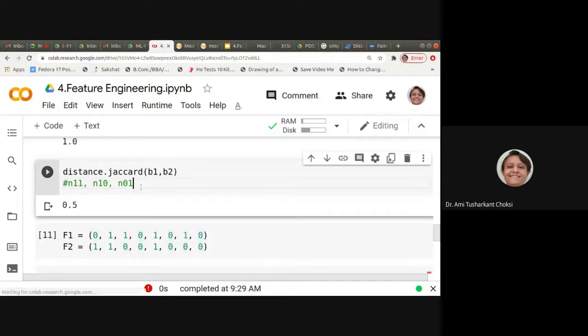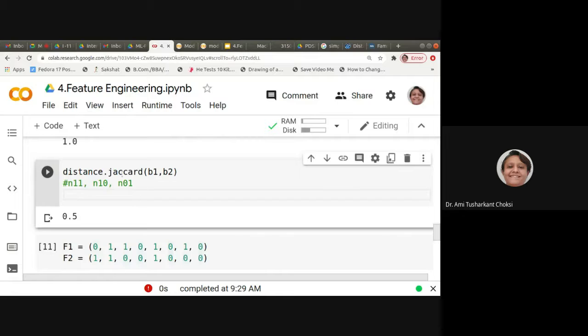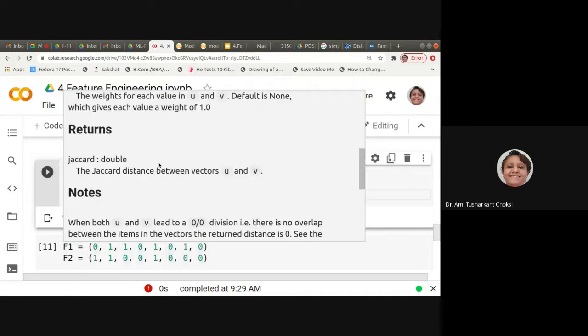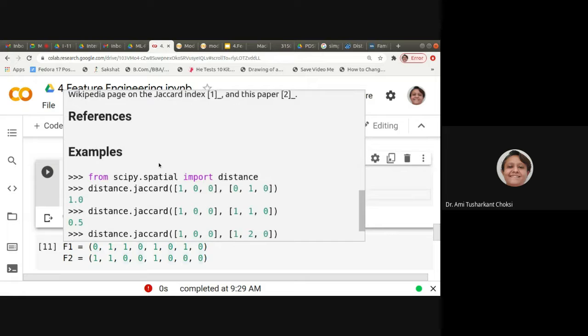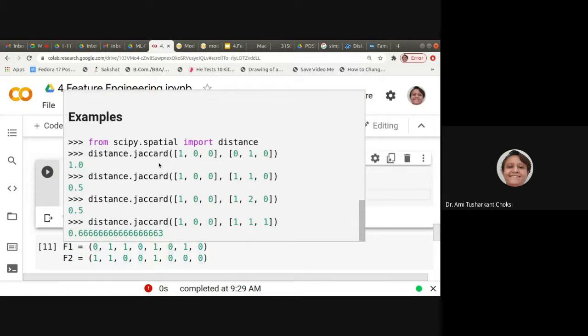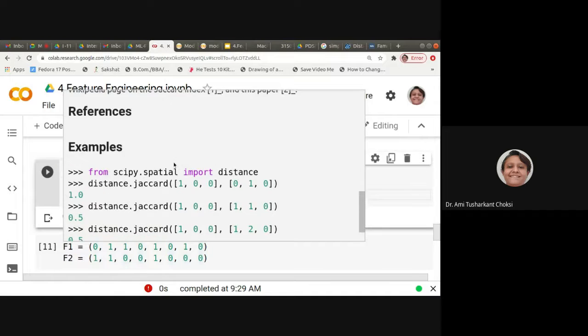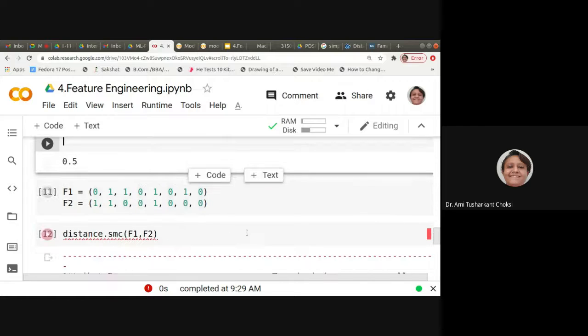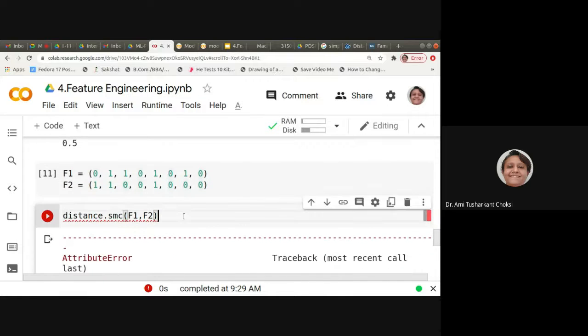Now wait a moment. Let us see the help of this Jaccard. This returns the direct value, right? But it does not have anything like SMC. So what to do? We'll have to implement it, nothing more than that.